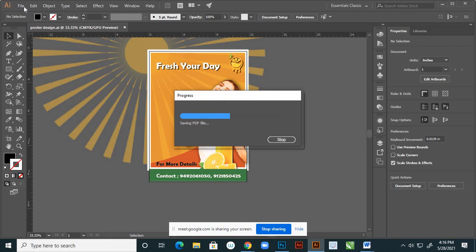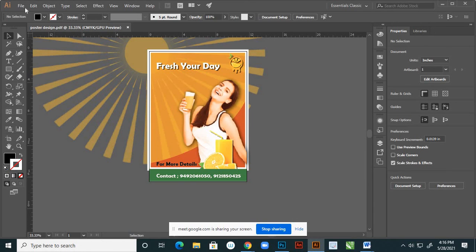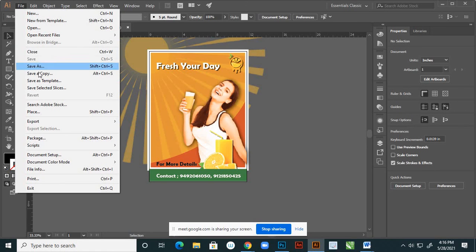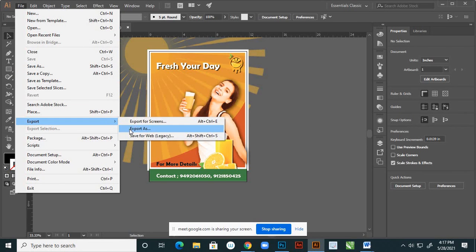And I want to save the same thing in JPEG also, because here we use many textures and shapes and curves, so it is taking time to save this, right? And here export as,